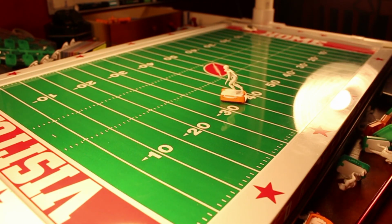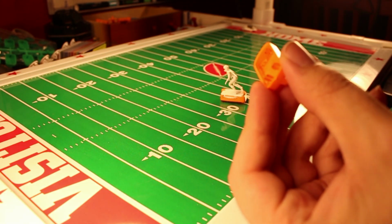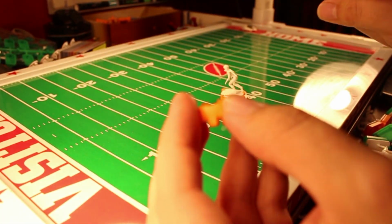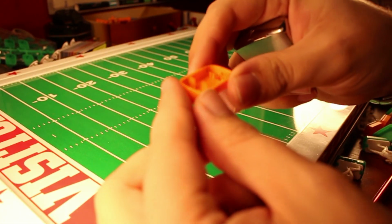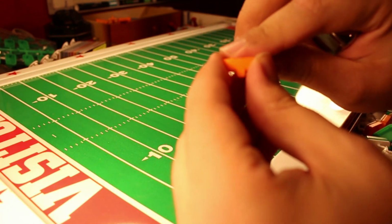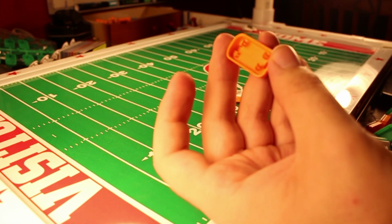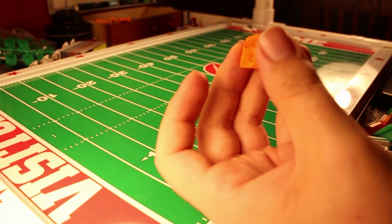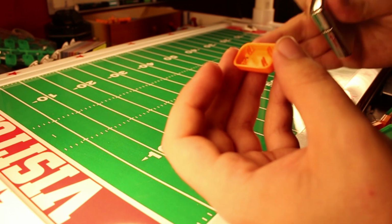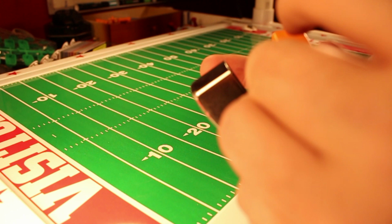Don't hold it. Here, I do have a base that is kind of wrecked. This is what happens. Okay. I don't want to cut this scene, but I just want you guys to see if you use the flames too much, and if you are under 18, if you are not legally allowed to be using a lighter, please ask a parent. You know, don't be playing with fire if you don't know what you're doing. But you can see I already have one set of prongs missing here from an unrelated incident. But I'm going to take this flame here, and if you actually hold it over the flame,